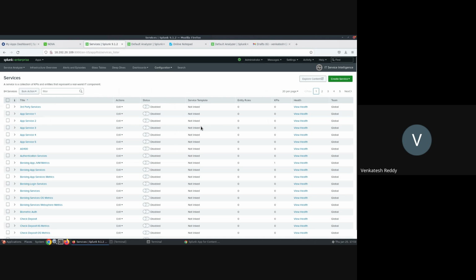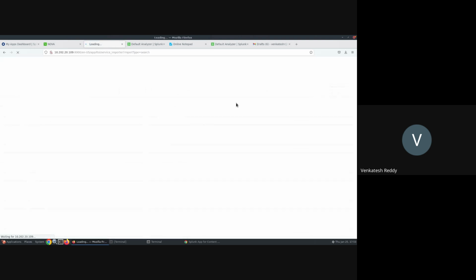Usually here it will show, okay, this particular service is dependent on that particular service template. Before creating the services, we need to have those service templates in Splunk ITSI. Do you remember, Raja, when I was trying to import the service here, import from a search?